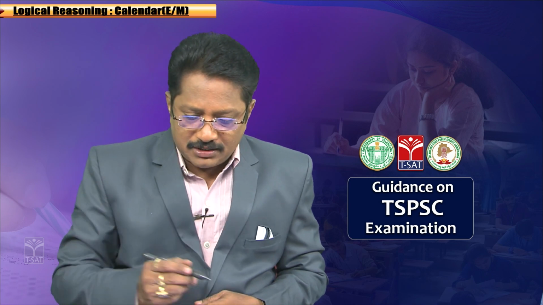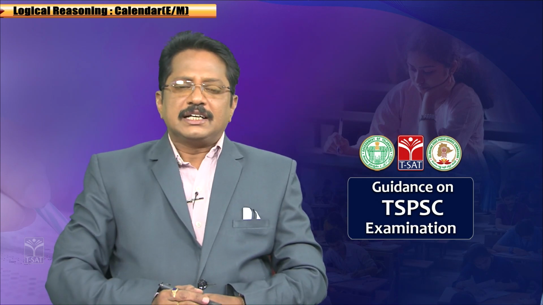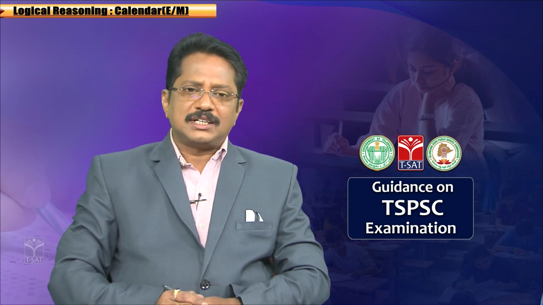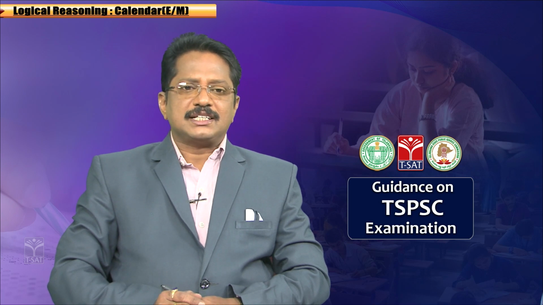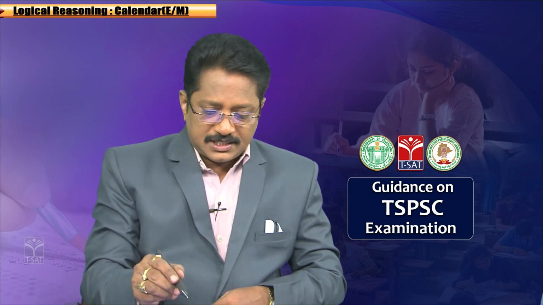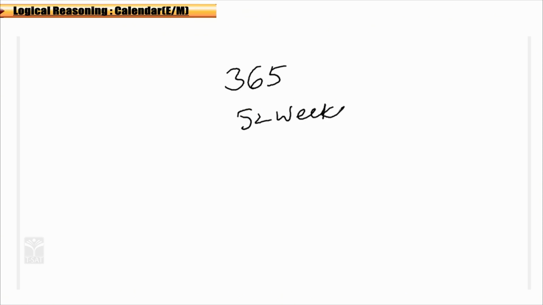We will see what kind of questions will come in the examination before going to see this. Year. So, year is generally, if you take it as an ordinary year, means a common year, a normal year, if you take it as a year having 365 days, correct? Among 365 days, there are 52 weeks and 1 day.